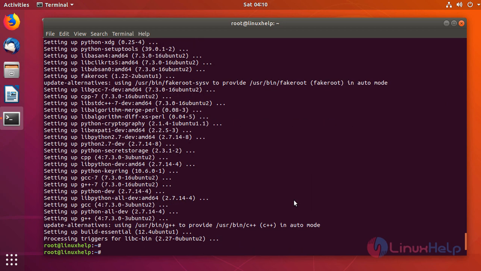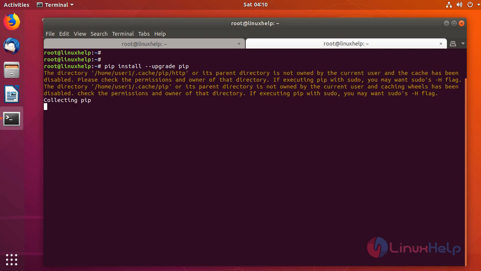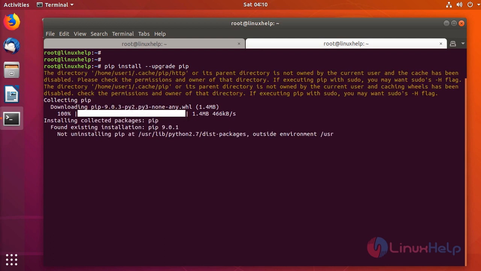So it is installed now. Once done, upgrade the pip as follows. In order to do that, run the following command. So let's upgrade the pip now. After that, if you see here, the previous version installed is 9.0.1 and we have upgraded to 9.0.3, and